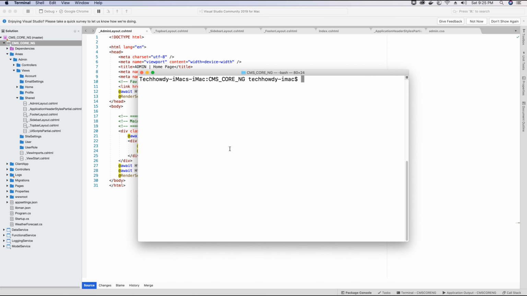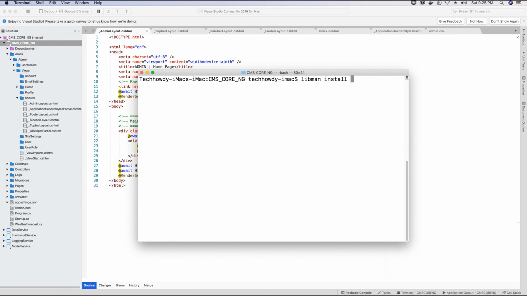The next thing I will do is type in the command to install FontAwesome using Library Manager, which is the package manager I'm using to add libraries in this ASP.NET Core project. We have a video tutorial where we have shown how to install Library Manager. If you have not watched that tutorial, I recommend you to go ahead and watch it. If you already have Library Manager installed, just type in the following command, which is libman install,